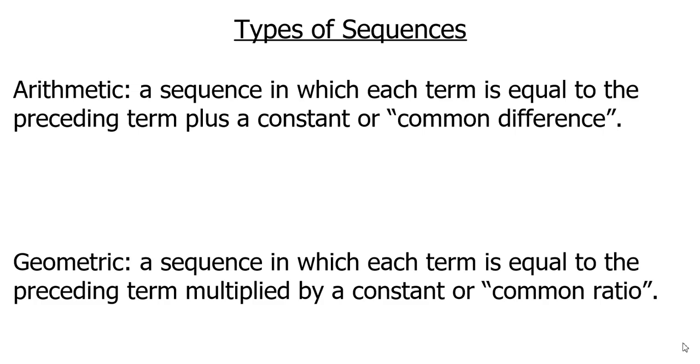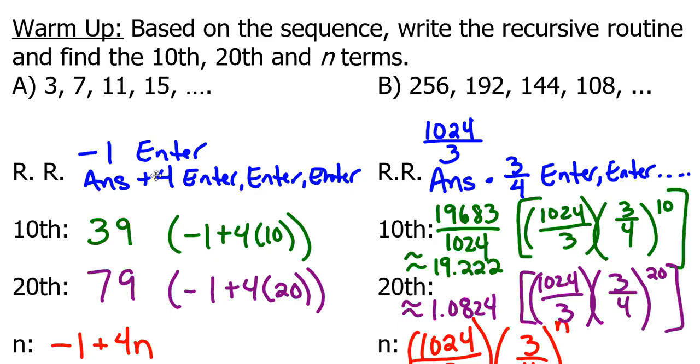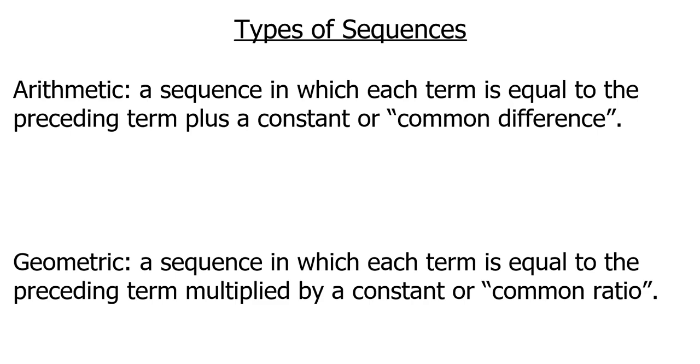So as I look at my two sequences, the one on the left would be considered arithmetic because it had that common difference of 4 every time. And the one on the right would be geometric because it had that common multiplier, that ratio of 3/4. So as we go forward, we're going to start asking not only can you find the recursive routine, the expression or equation to represent the pattern, and different terms, but what type of sequence does it represent, arithmetic or geometric? So we're getting into a couple of examples now,